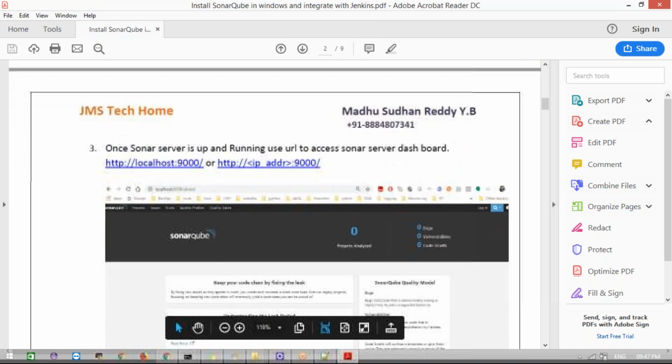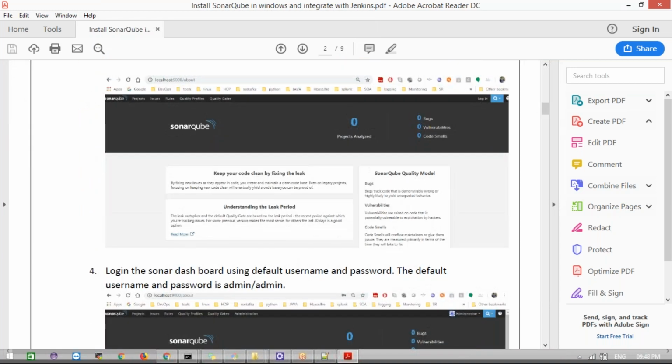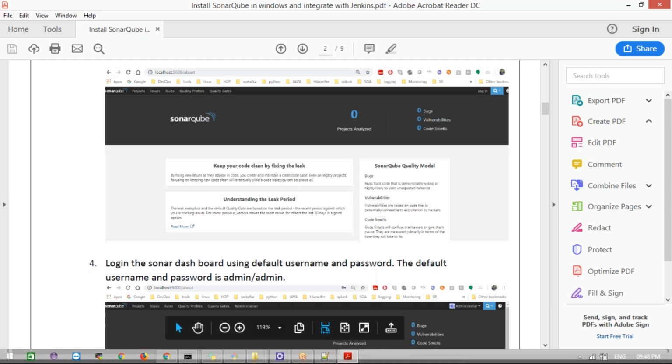Once we access it, we'll get a dashboard like this, and the default username is admin. What is the default port for Nexus? Yesterday we discussed. 8081. Yes. What is the default username and password? Admin, admin123. Yes. Remember these things.